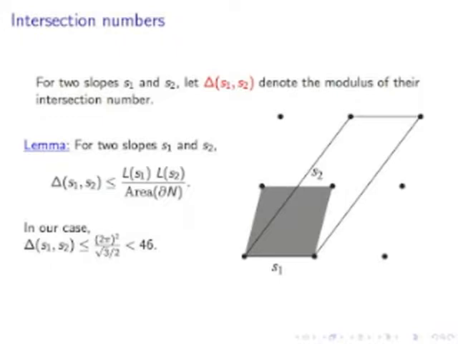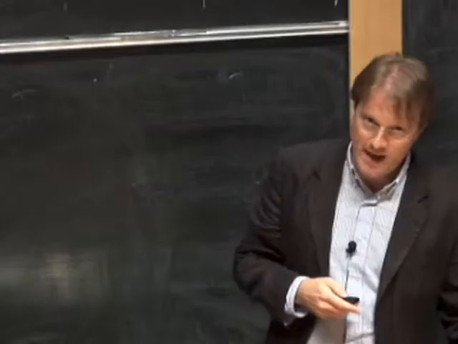Putting that into our case, we get that the intersection number between two exceptional slopes is at most 2 pi squared, because 2 pi is the upper bound on the length, divided by the minimal area of a torus. The minimal possible area of the torus is √3/2, given by the hexagonal packing of these dots, all with neighbouring ones having distance 1. So that gives you that the intersection number between two exceptional slopes is at most 46. Plug in that calculation. And then that 46 gets to our 48 via